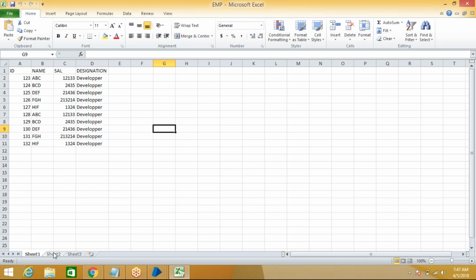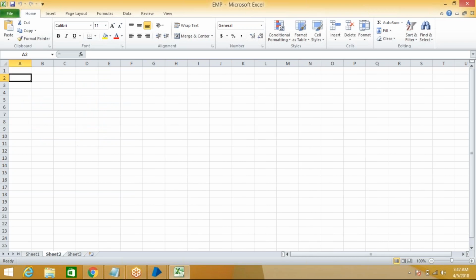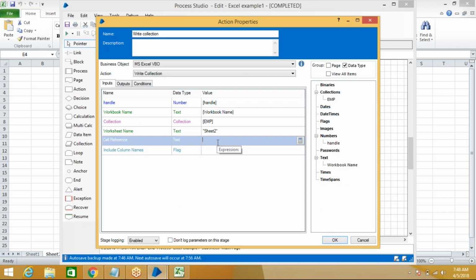If you want to write the data into Sheet2 from here, then the cell reference is A1. If you want to start the data from here, then the cell reference is A8. Or if you want to write the data from here, then your cell reference is E4. Based on your requirement, you can give your cell references. For example, here I will give, say,